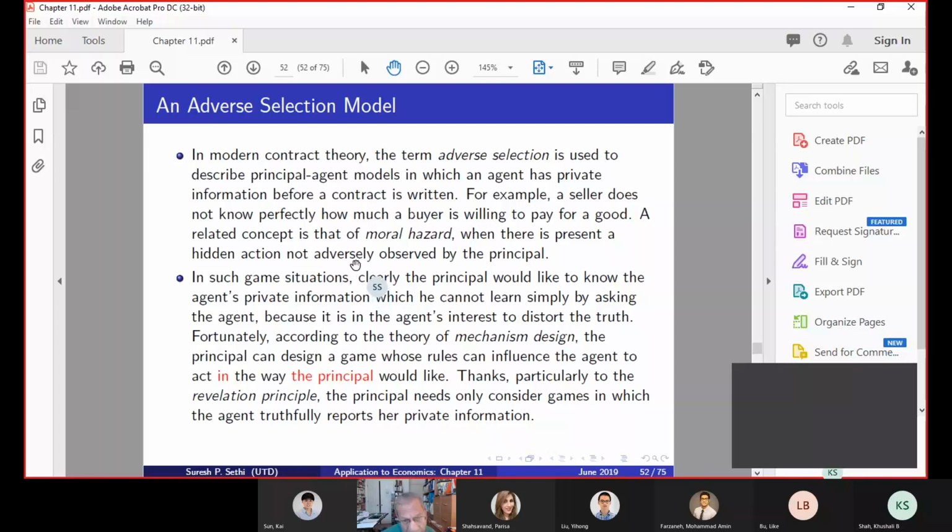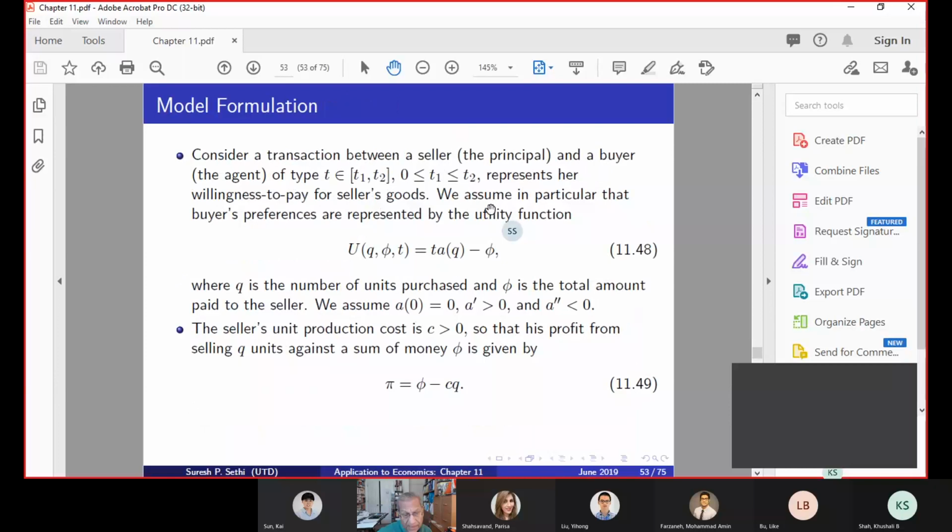This is a new addition to the third edition. This is an adverse selection model of mechanism design, and it's a principal agent model with moral hazard. I want to get to stochastic control. If we have time, we can come back to this, but it is slightly complicated unless you know a little bit about mechanism design to cover this, but it is also more important